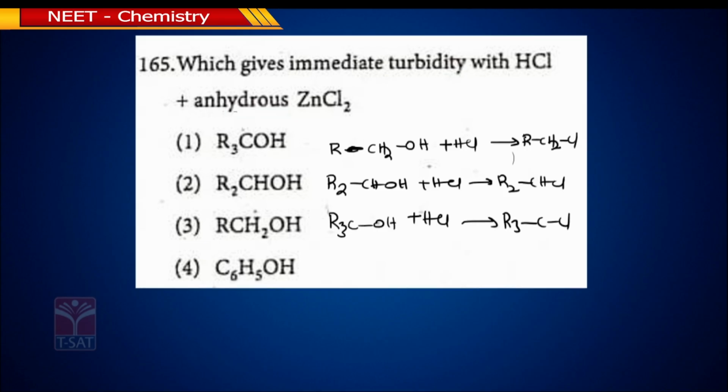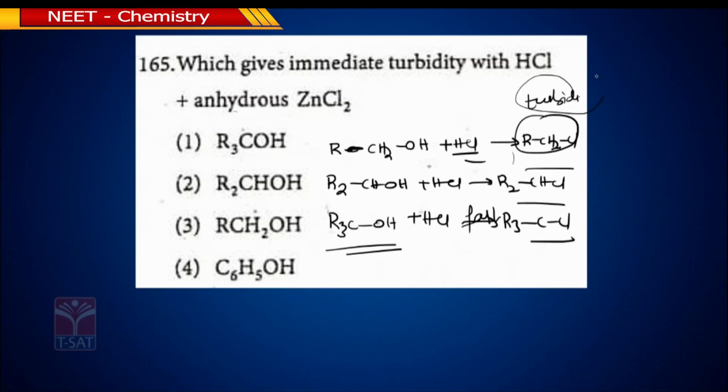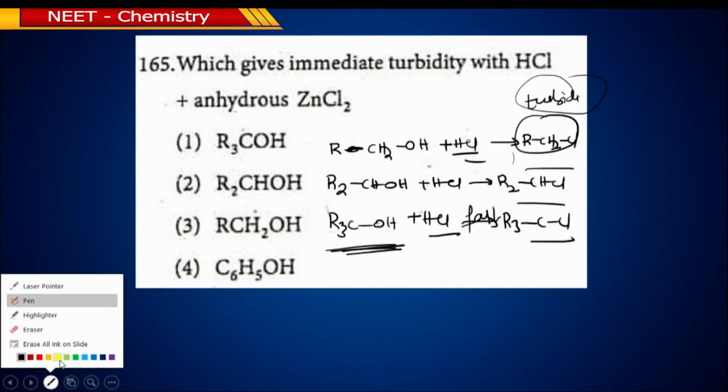See, in all these reactions it forms alkyl halide. This is nothing but a turbidity, but the reaction occurs very fast in the case of tertiary alcohol. Alcohols react with HCl and form alkyl halide, and the alkyl halide itself is a turbidity, but tertiary alkyl halide forms very fast, because in the case of tertiary alkyl halide